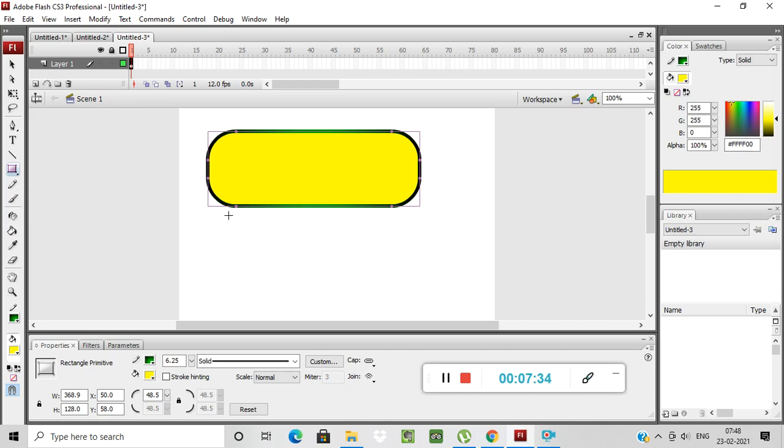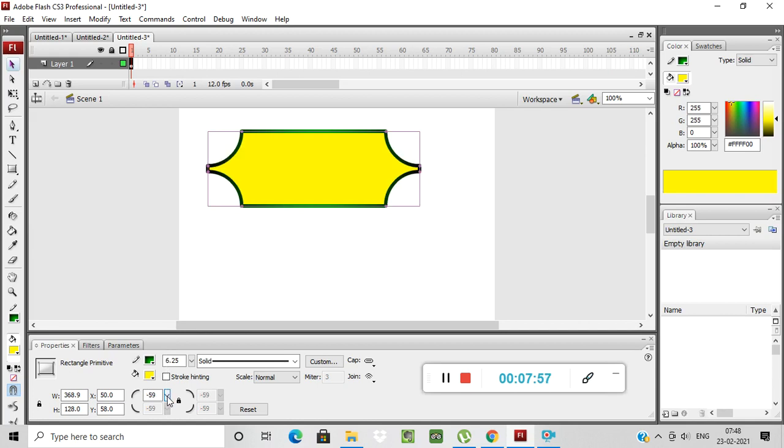See, my rectangle shape is changed. Okay, now go to the selection tool and see, you are able to see these dots over here. Now you can change the rectangle. Okay, see here, rectangle corner radius, you can change the radius from here also.